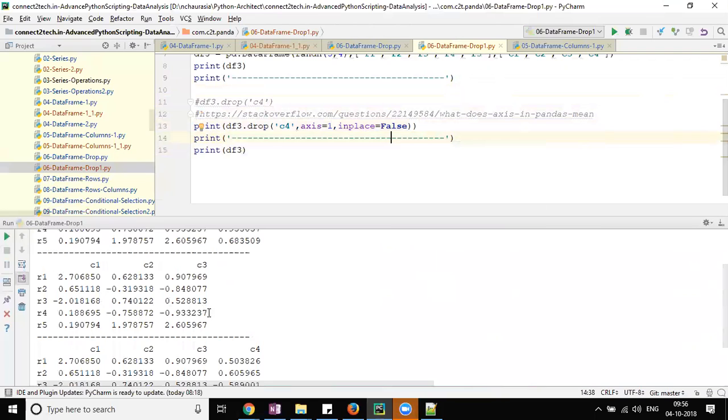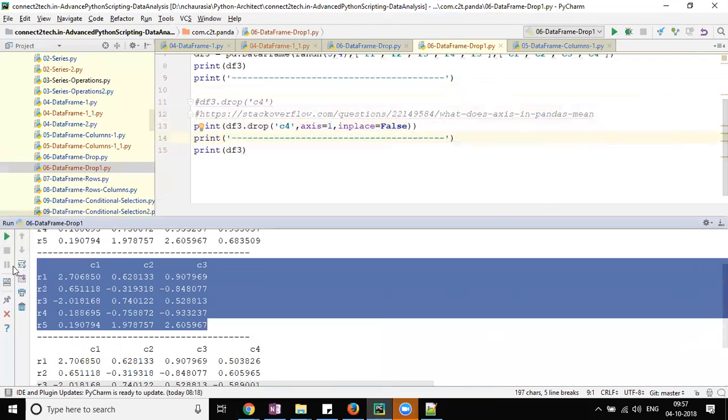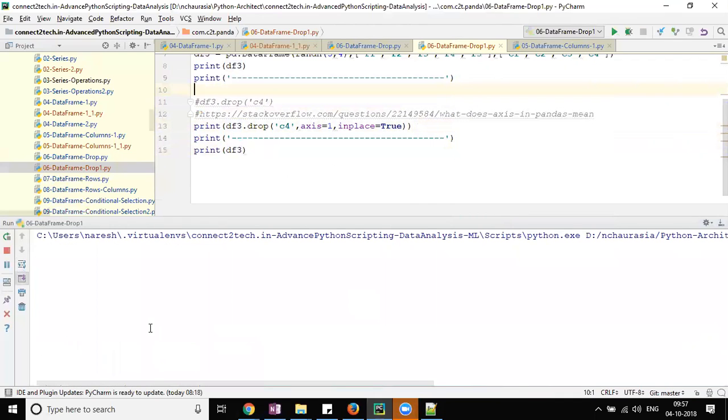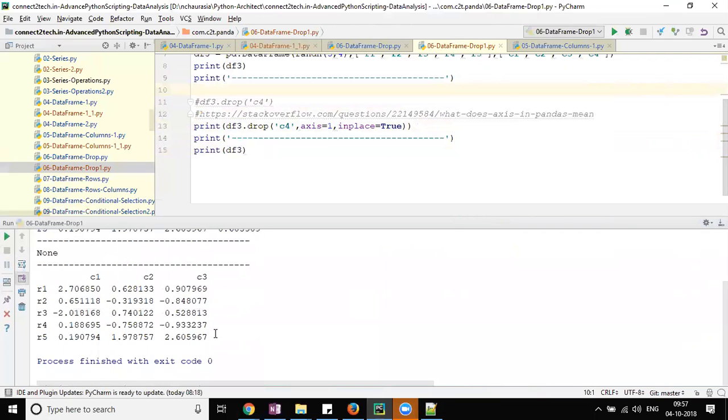So let's try to run this. You will see that now the column is gone in this particular statement only, meaning that by default inplace is False, which means it is not affecting the original data frame. Until you say inplace equal to True, that content will not be removed from the actual data frame. It is like from the temporary data frame it got deleted, but it has not affected the original. If I now do it like this, it will affect the original data frame as well, right? So if I right click and run it, you will see now both are having